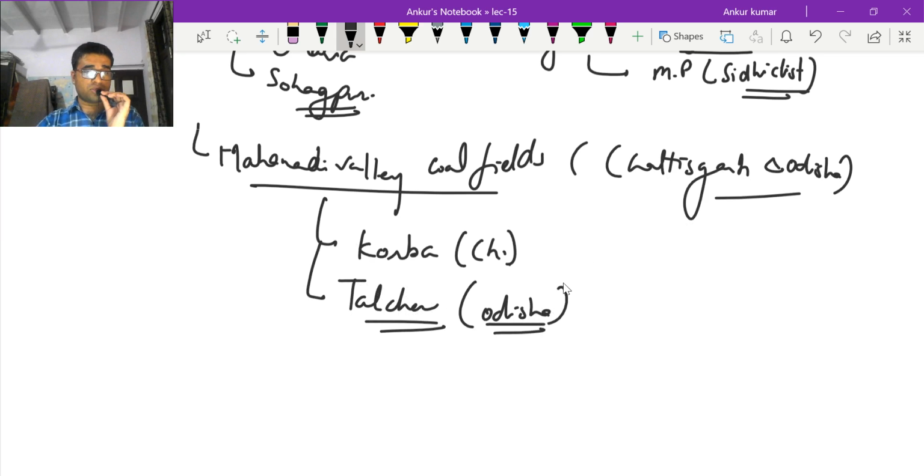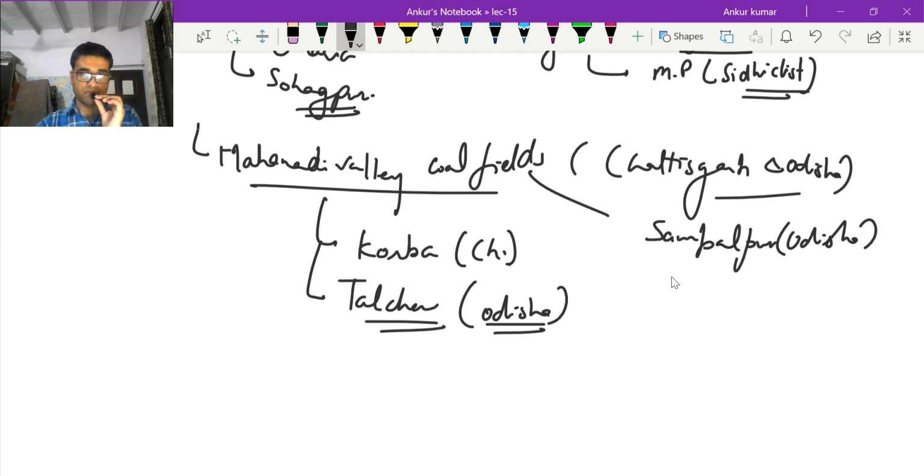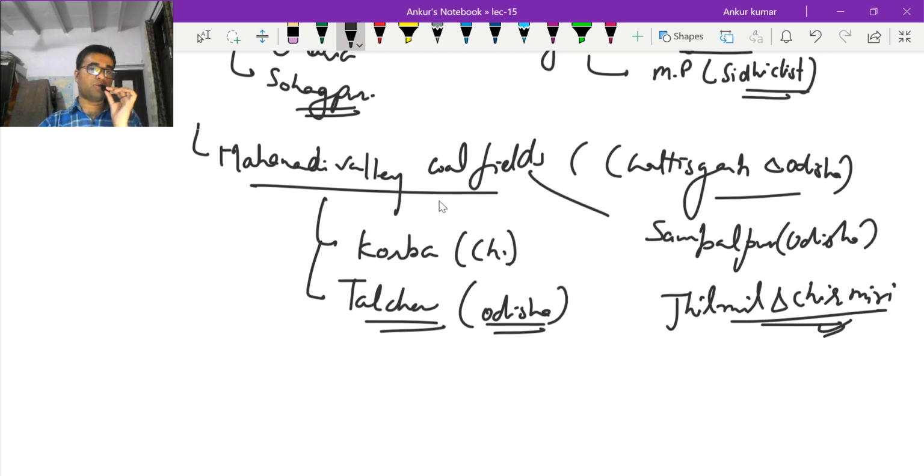Okay. Other districts are also there where coal fields are found, like Sambalpur, उड़ीसा के अंदर है, right. झिलमिल and चिरमिरी coal fields, they are also part of the Mahanadi Valley coal fields, right? So these Korba, Talcher, Sambalpur, okay, झिलमिल, चिरमिरी, ये इसमें महानदी वैली के केस में we can remember these coal fields, right? Moving on to the next one, that is the